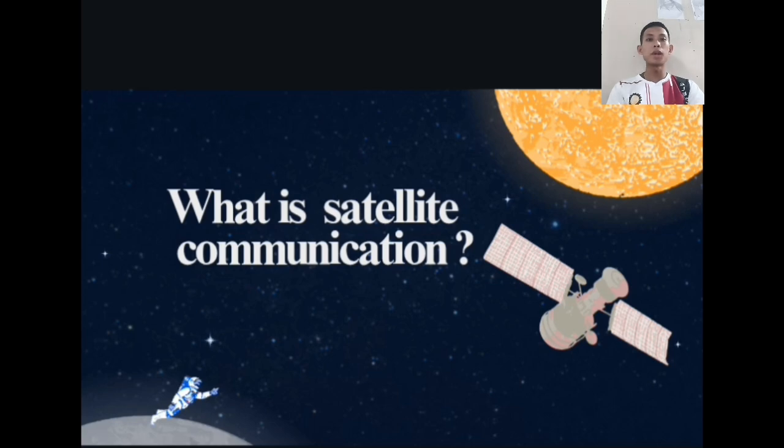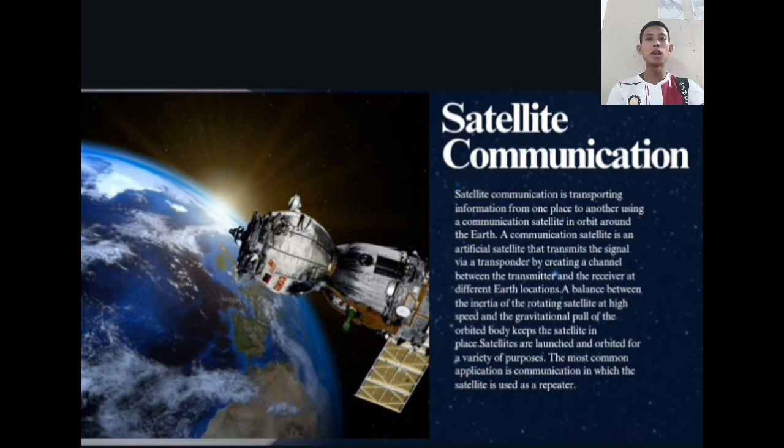Satellite communication plays a vital role in the global telecommunication system. A satellite is an artificial object that orbits around a celestial body like the Earth, Moon, or Sun, performing specific tasks. Satellites orbiting the Earth receive signals from ground stations, amplify them, and then retransmit them to other ground stations. Satellite communication is transporting information from one place to another using a communication satellite in orbit